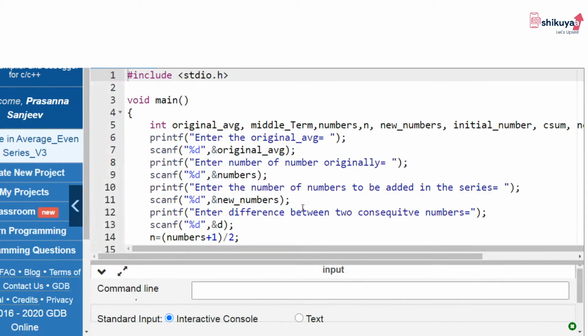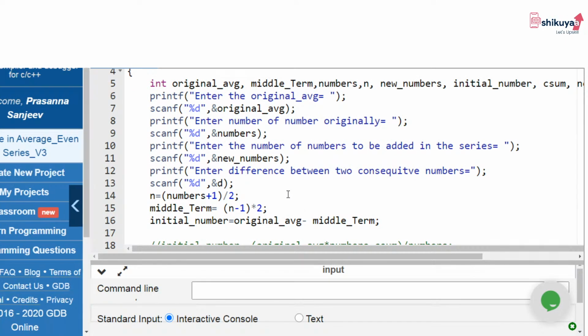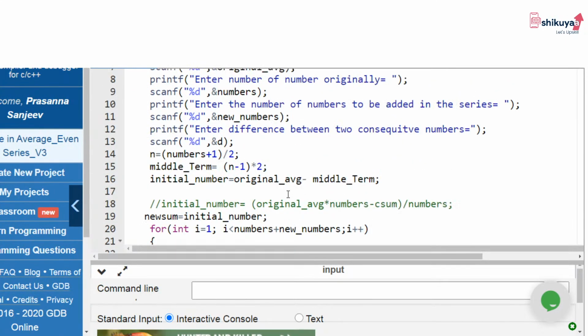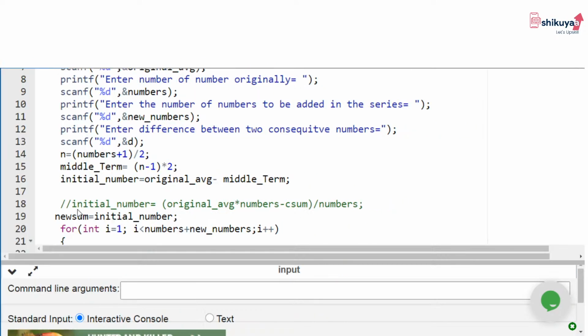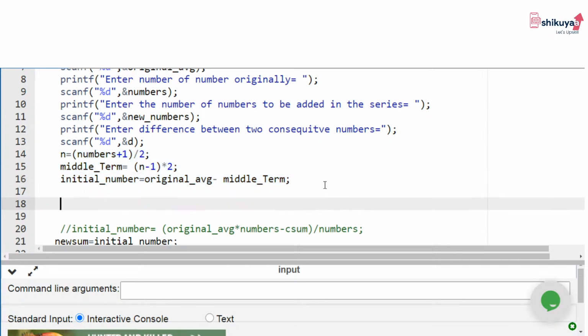So I'm opening this code. Now look at this code. What I have done is I have done a very small change in this loop. In the earlier code, I have used a for loop. Instead of that, I have changed a different method to calculate this. What I have done is, as you have seen on the board already, look at the screen, the terms were